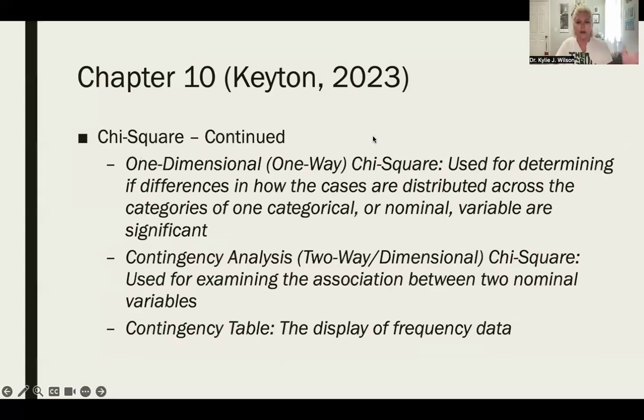We're going to talk a little bit about one-dimensional, or one-way, and two-way. With one-dimensional, we use this for determining the differences in how the cases are distributed across the categories of one categorical or nominal variable, and whether they are significant, okay? So what this means is I want to see if there are differences between satisfaction, Taylor and X, Taylor and Travis, in a one-way